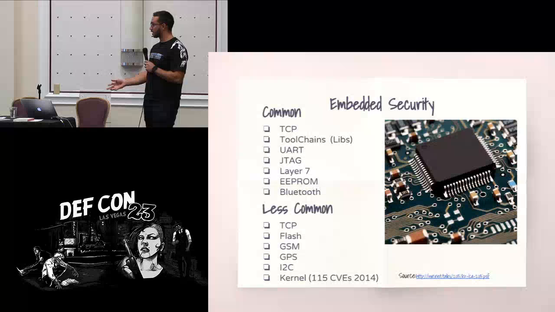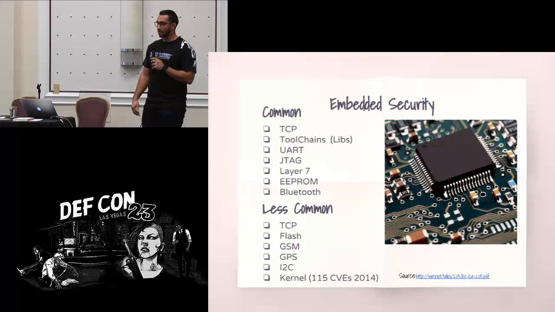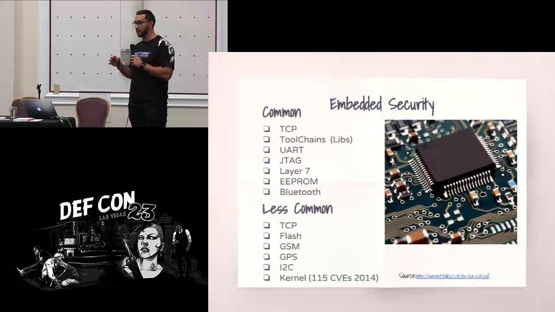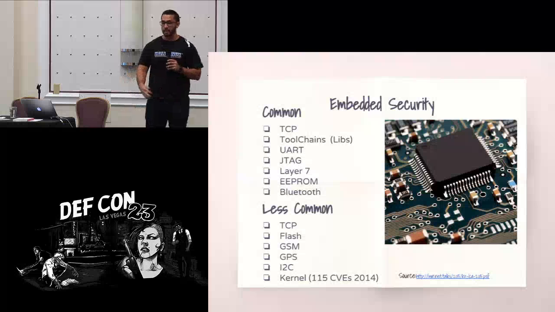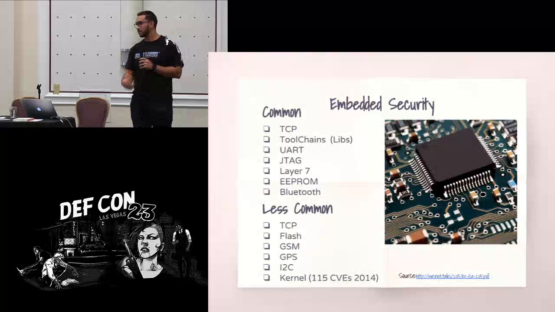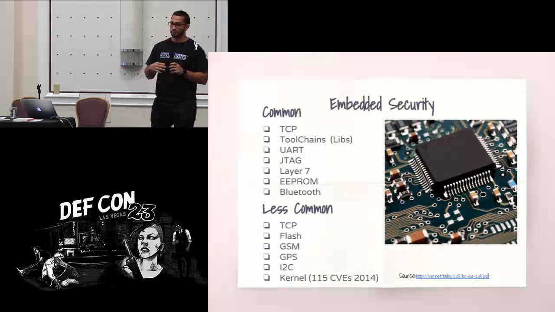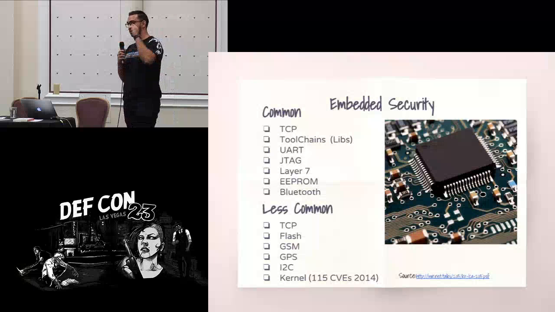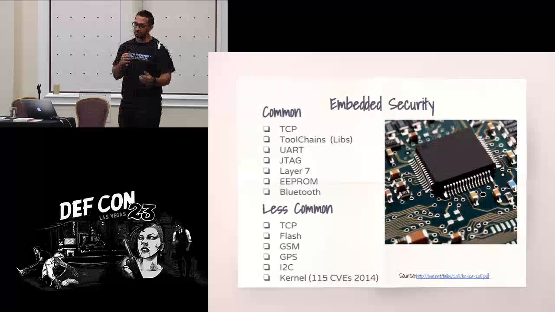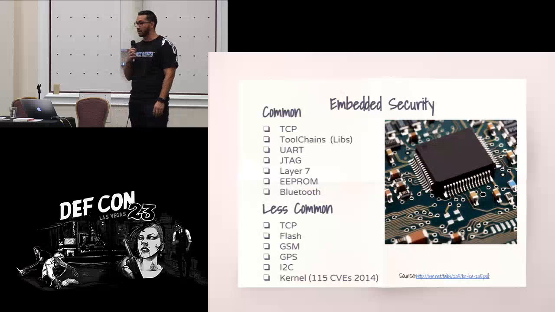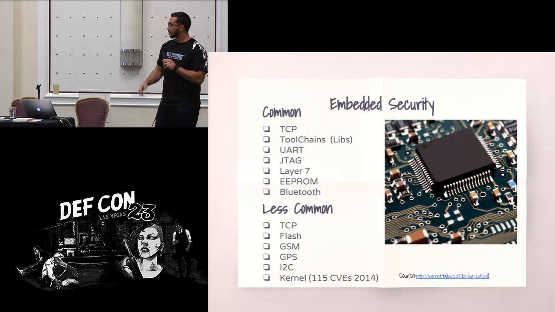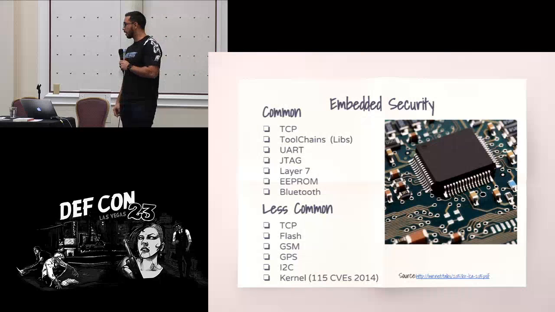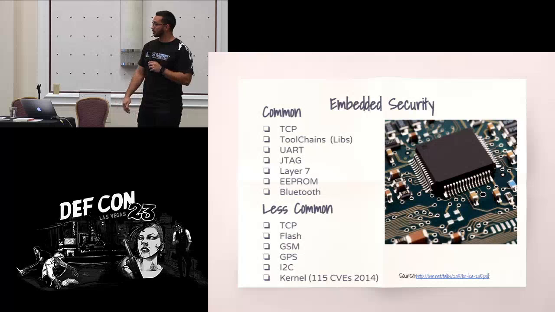Again, back to UART, but layer 7, the application layer, is what I'm talking about: the transport between the devices to the cloud and back down to the device. Meaning your house or not from your house. You could be remote, out driving your car, sending a command to your house, and your house sending a command back to the cloud, and the cloud back to your device, just to make something work. There's a lot going on in between that, and to make that secure, you have Bluetooth and EEPROM, and those are the most common, but the less common would be like,